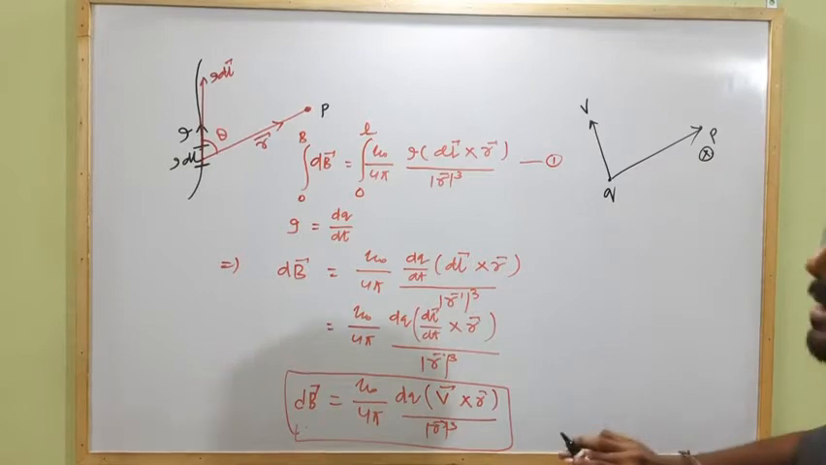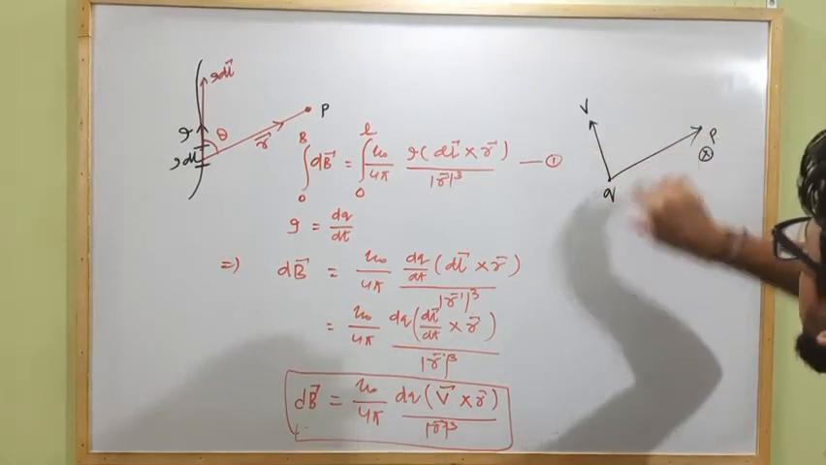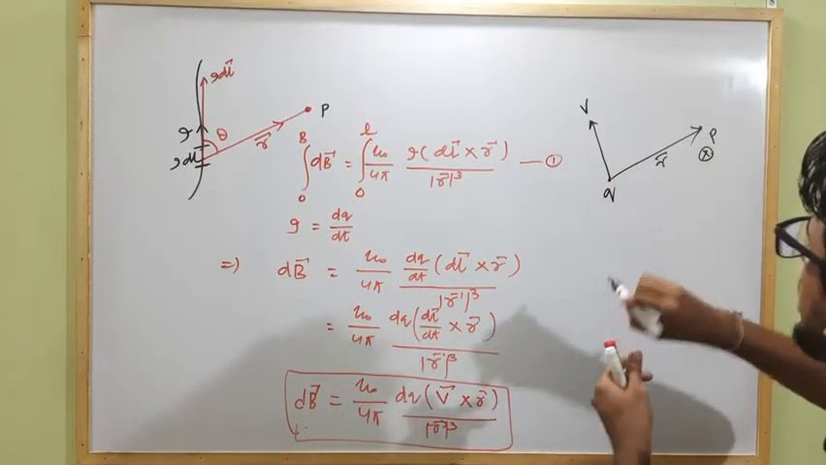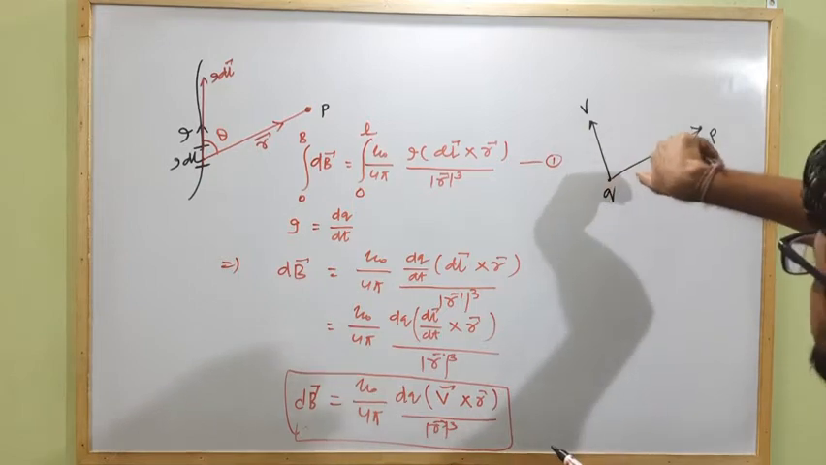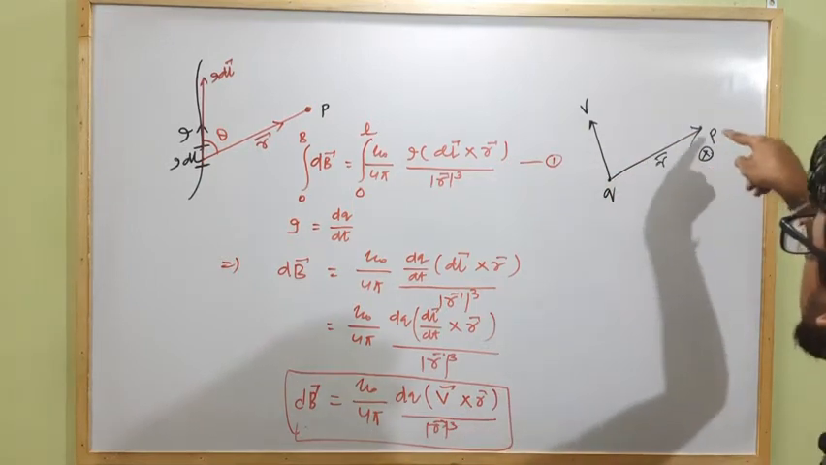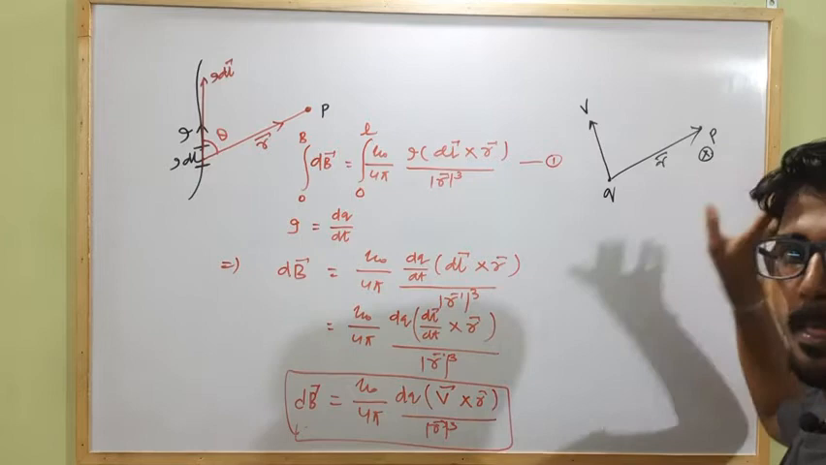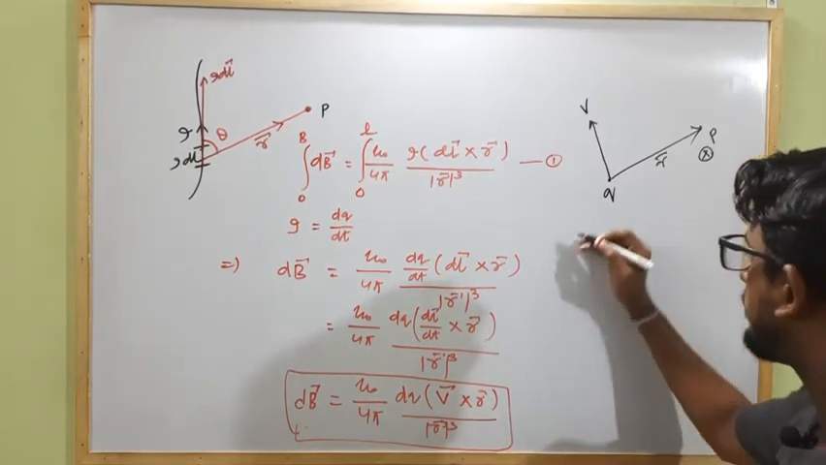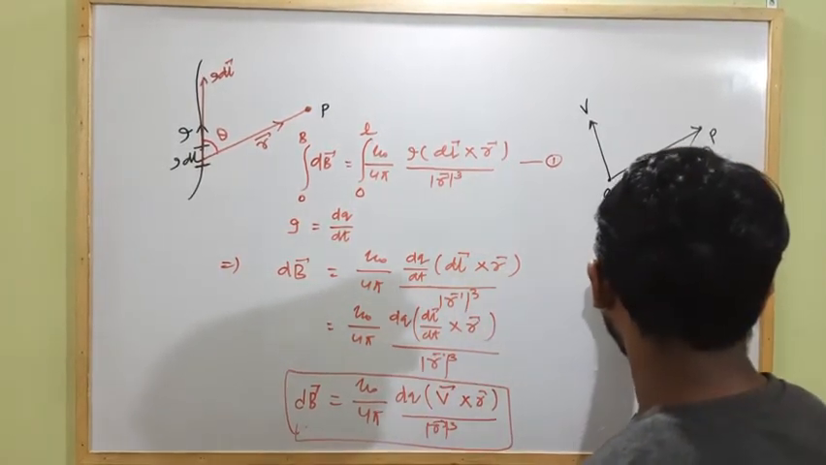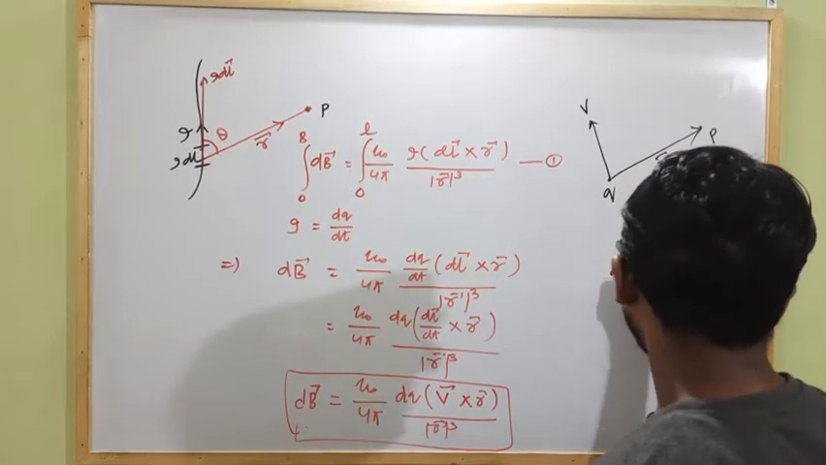Or else, if I am crawling my finger from V to R, this is the R vector, V cross R, like this, the thumb is inward, so the magnetic field strength at point P will be into the plane. Clear? Similarly, if a charged particle Q is moving inward,